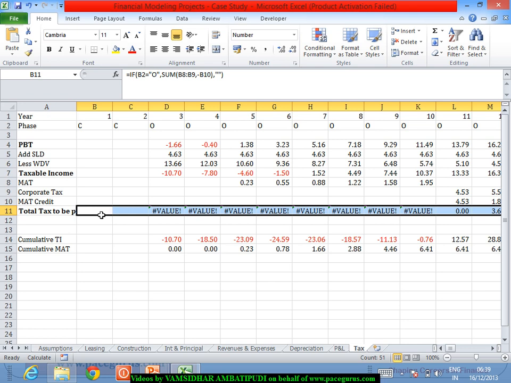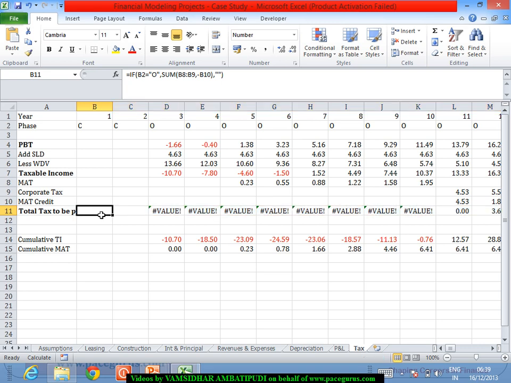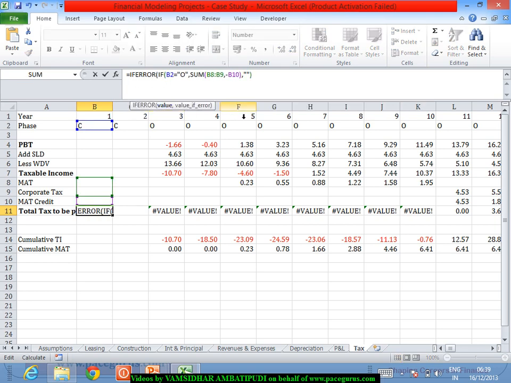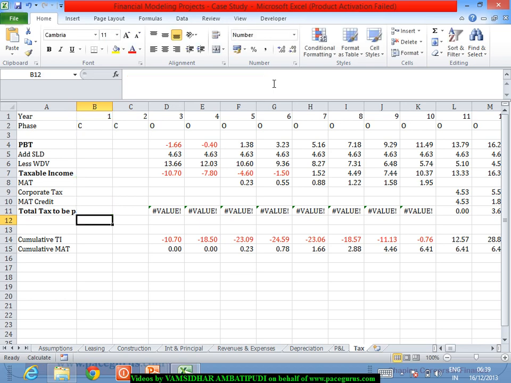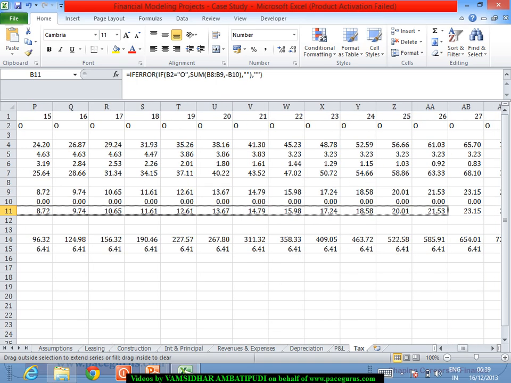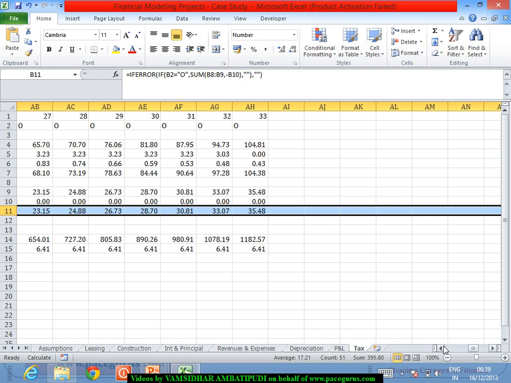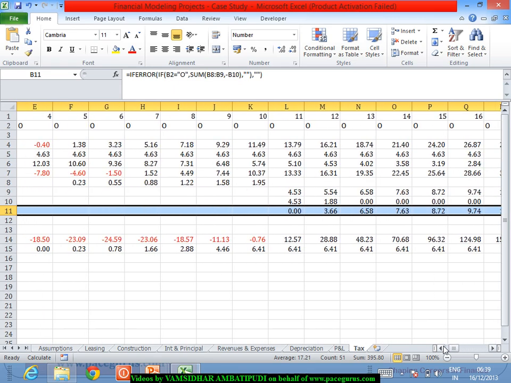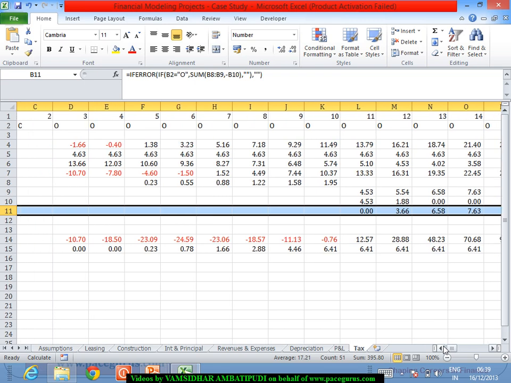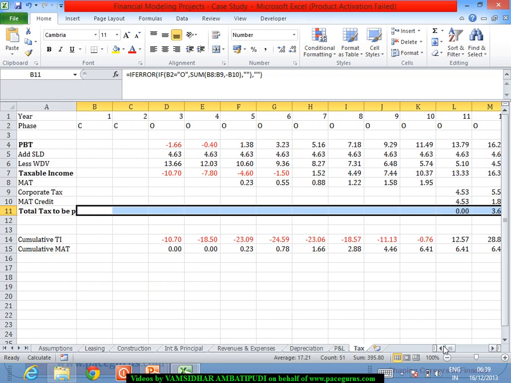So the summation is actually giving us an error. What you can easily work out is to write one simple formula saying if error of this entire calculation, leave it as blank. Straightforward way to address this. If error of this entire calculation, leave it as blank and probably you can drag it across. So these are the various taxes that you have to pay, but of course here